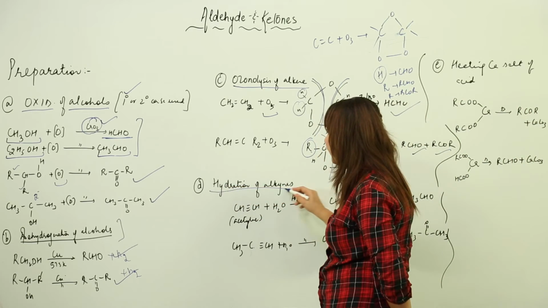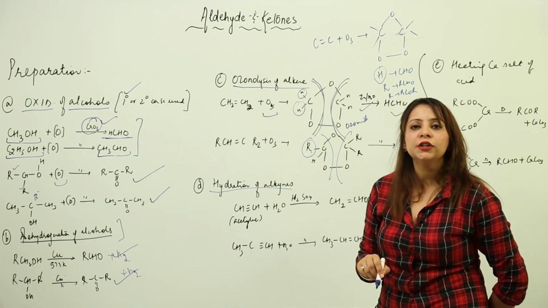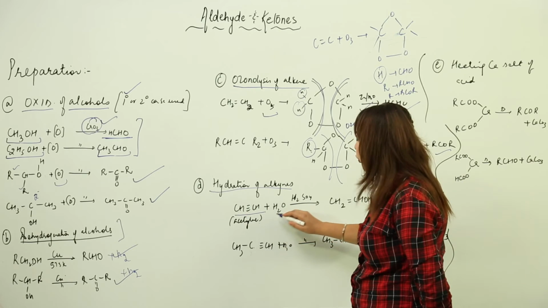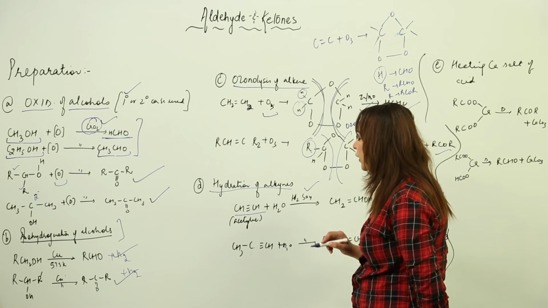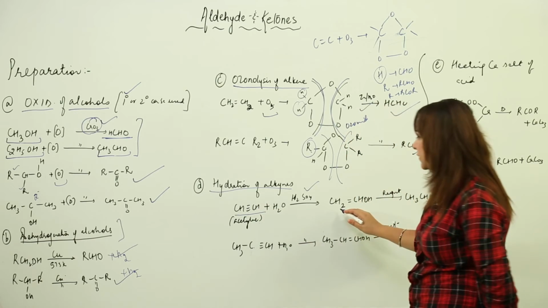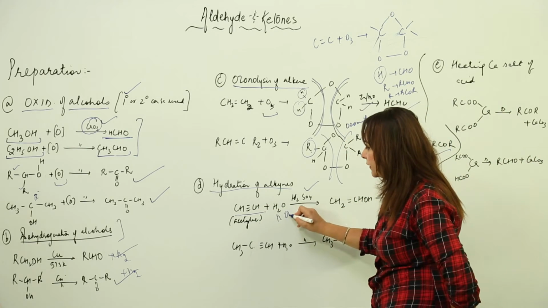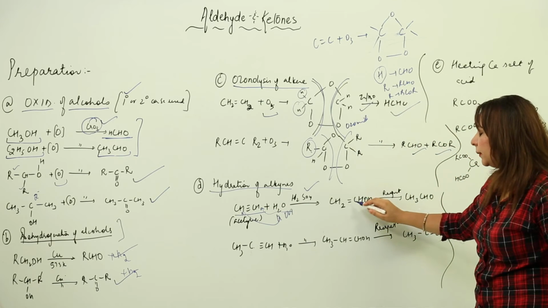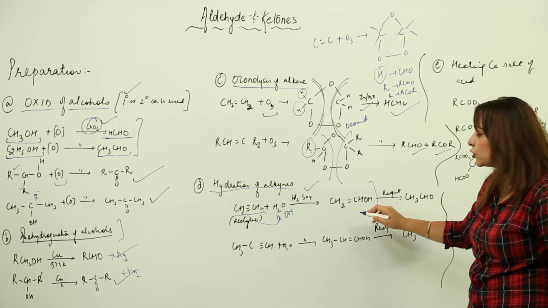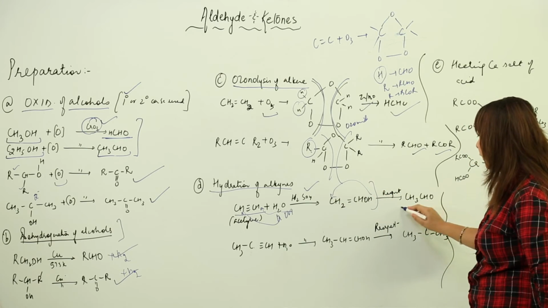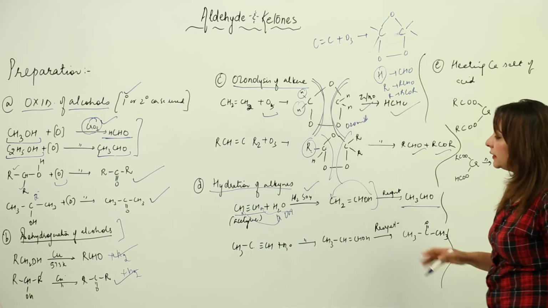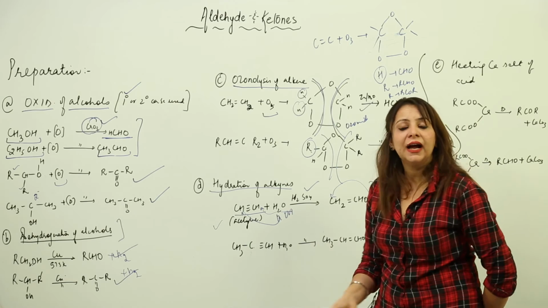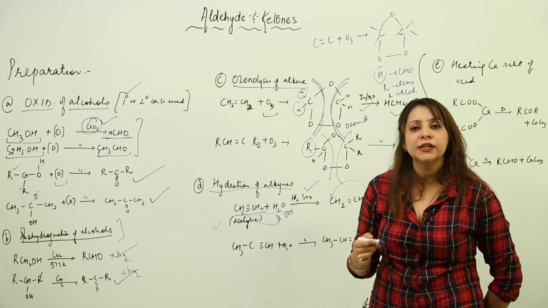Next is hydration of alkyne. That means we are going to add water to an alkyne. So you have an alkyne, let's say acetylene. You are going to add water in the presence of sulfuric acid. So what happens? This bond gets broken, it becomes CH2, because we know that water is H and OH. This gets attached here and this gets attached here. So it has CH2 double bond CHOH, then it gets rearranged, this H migrates to this place and it becomes CH3CHO. But this is particularly for acetylene. If you take any other alkyne other than acetylene, it is obviously going to form a ketone.